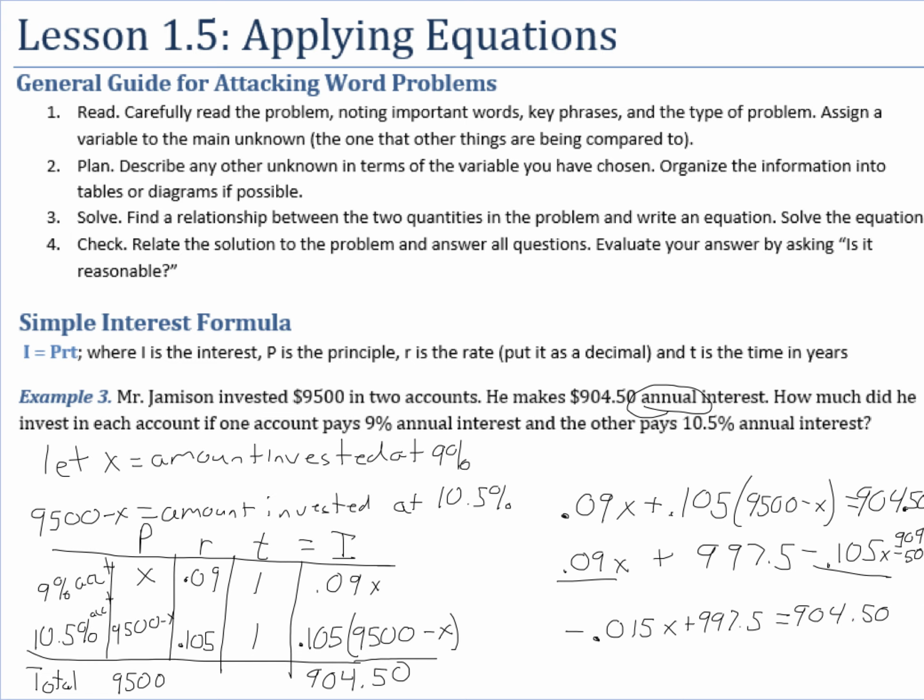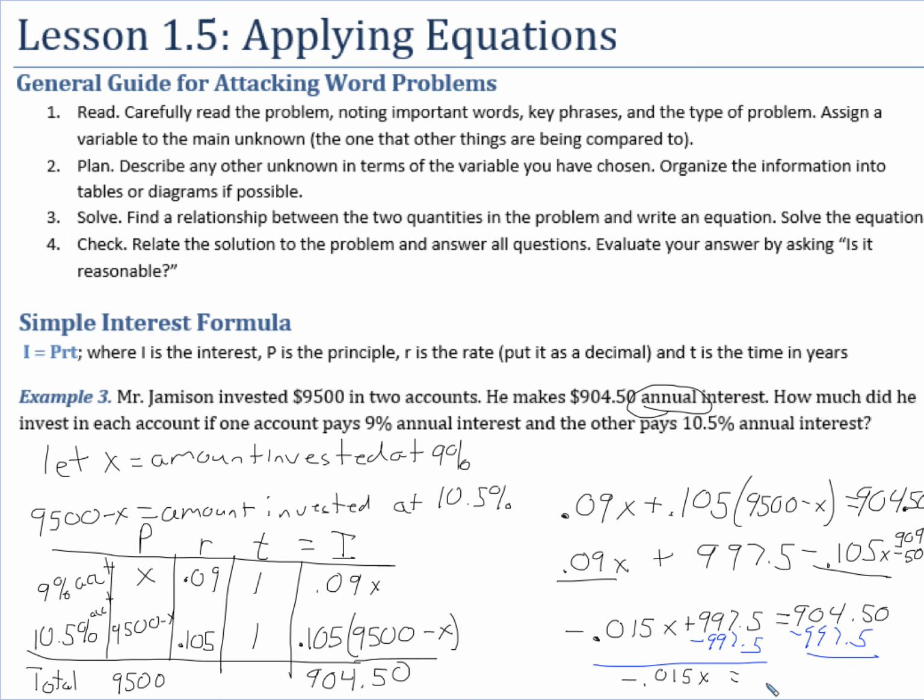We are going to go ahead and subtract the 997.5 from both sides. And we get negative 0.015x equals, subtracting here,